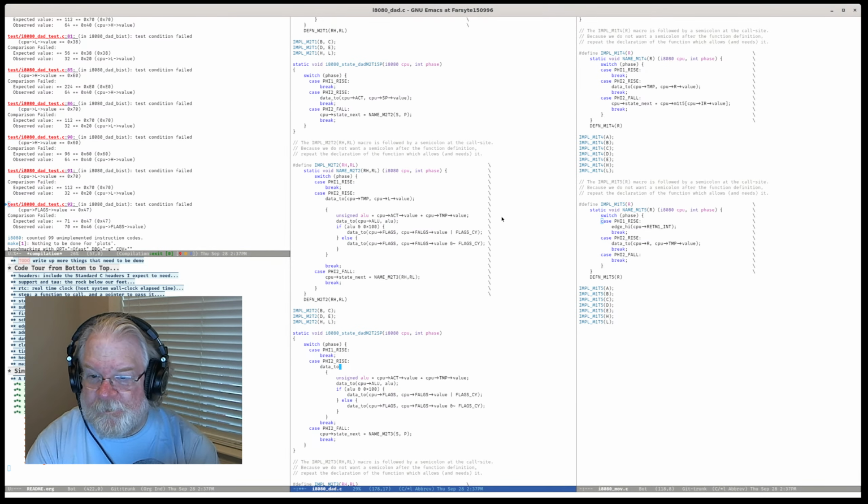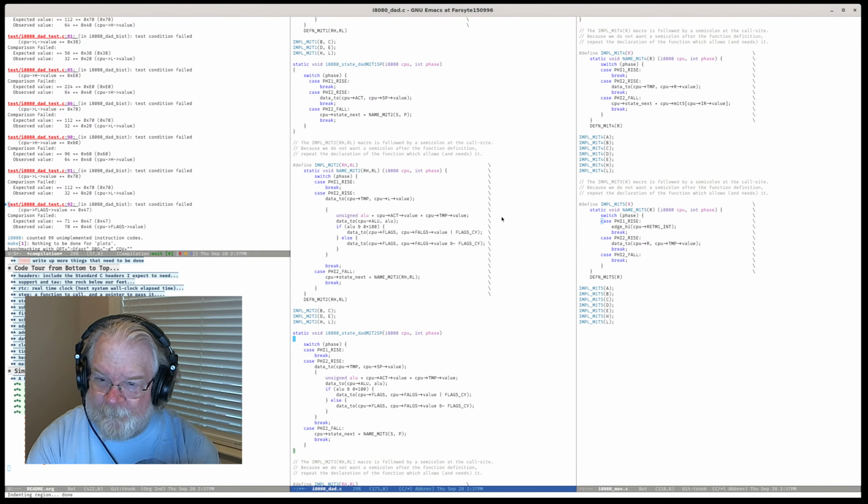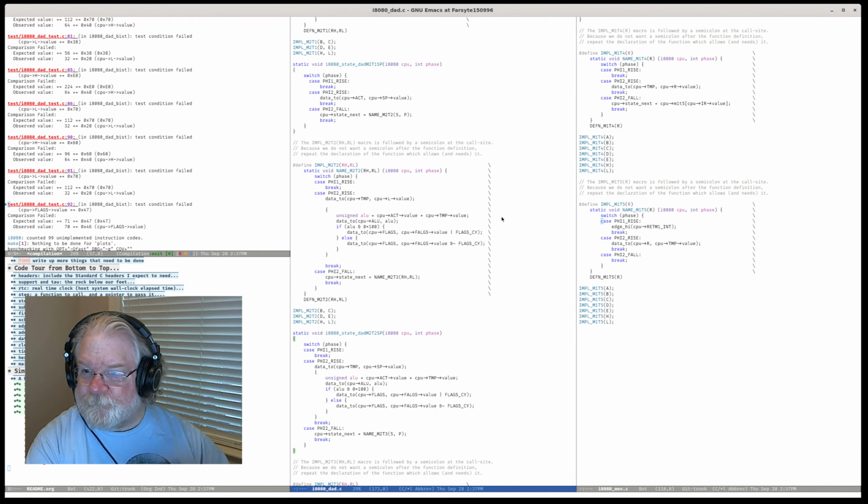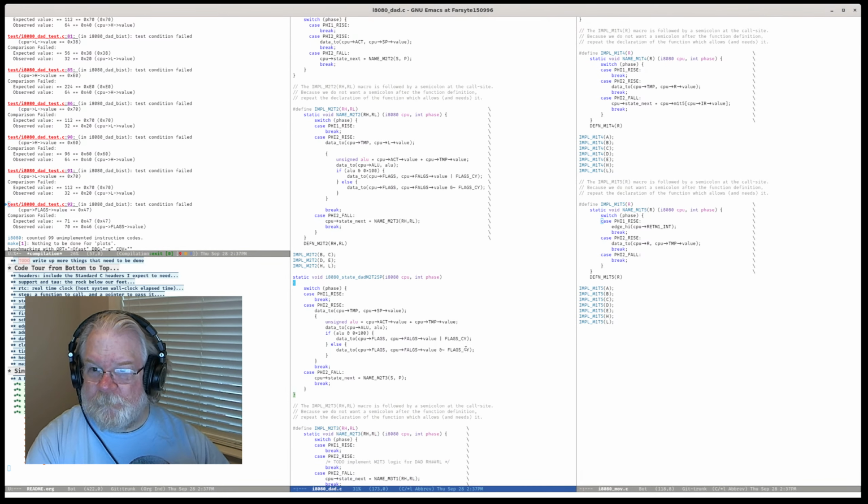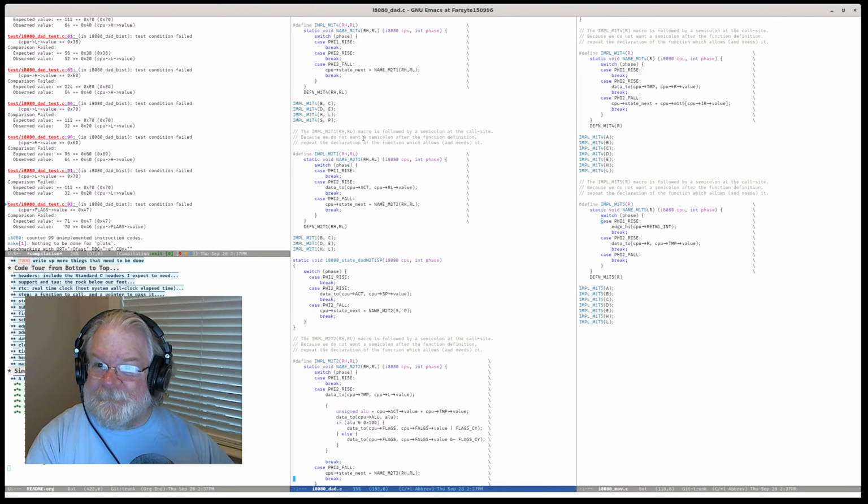So data to CPU temp is CPU SP value, which is just going to get the low byte. The hard part of this was actually done up there.